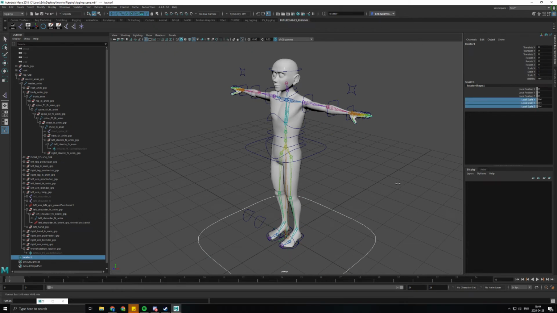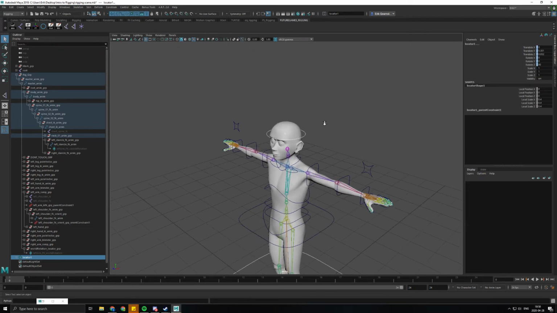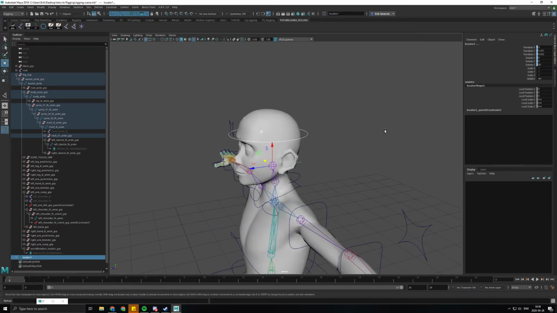Make it a bit smaller. We're gonna select the head controller, select the locator, constrain parent, just to snap it to that position,